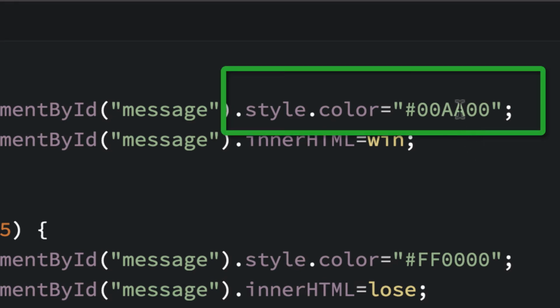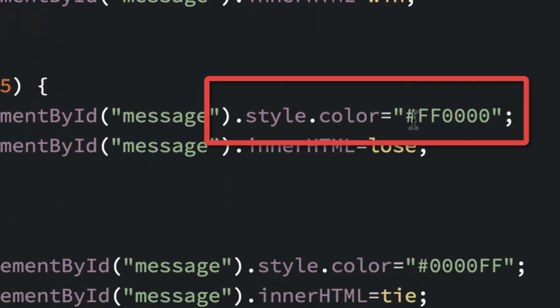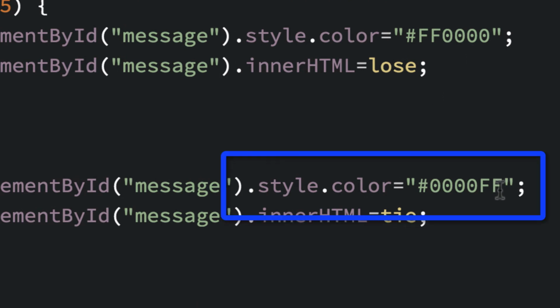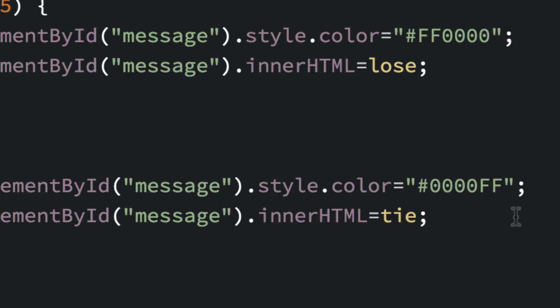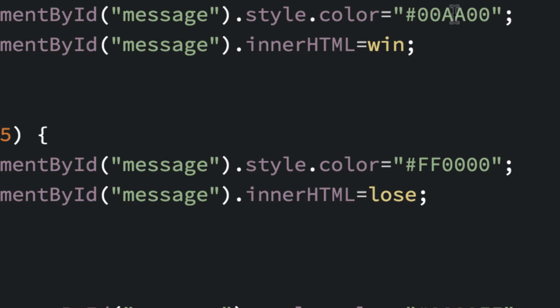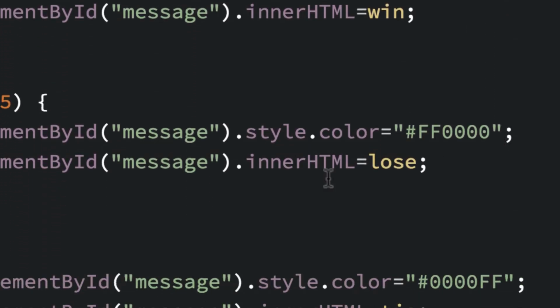So this one's the green because it has the letters in the middle. This one's red because it has FF, the first 2 letters, which makes it a regular RGB red. And this one has FF as the last 2 digits of our hex number because that's the B part, and all the other ones are 0. RGB is fine for using that. We just made our green a little darker, but you could keep it the bright green as well. You could just use, if you had FF here, that's fine. So that's just another statement that's just changing the color by using